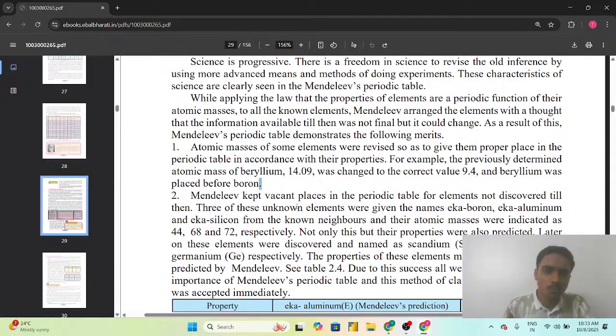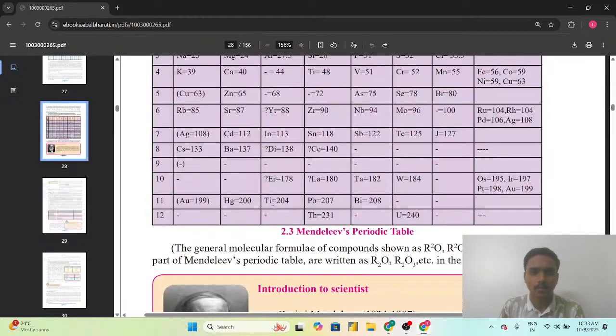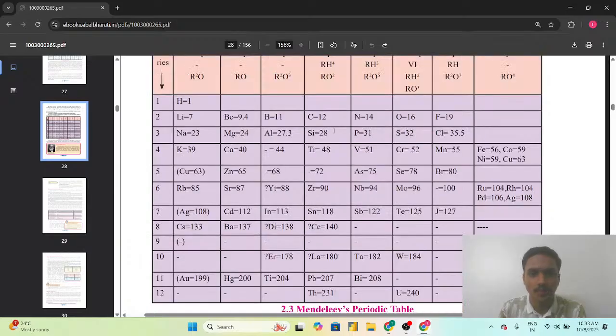तो सबसे पहला जो मेरिट था एटॉमिक पीरियोडिक टेबल का जो मेंडेलीव ने प्रपोज किया था, तो उसमें उन्होंने देखा कि कुछ जो एलिमेंट थे, तो वो प्रॉपरली एटॉमिक मासेस के हिसाब से अरेंज नहीं थे। जैसा कि हम देख सकते हैं कि बेरिलियम का जो एटॉमिक मास कैलकुलेट किया था 14.09 वाज चेंज्ड एंड करेक्टेड टू द 9.4। तो बेरिलियम जिसका एटॉमिक मास बोरॉन से कम निकला, तो बोरॉन के पहले बेरिलियम को प्लेस किया गया है। जैसा कि हम यहाँ पर देख सकते हैं कि बोरॉन का 11 है और बेरिलियम का जब कैलकुलेट किया गया तो 9.4 आया।